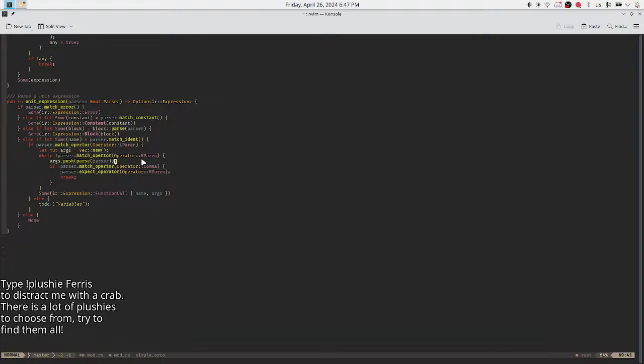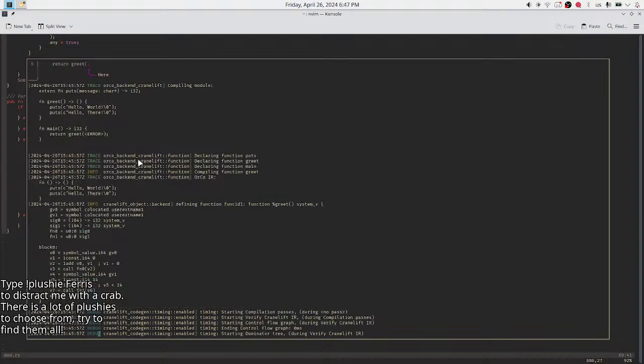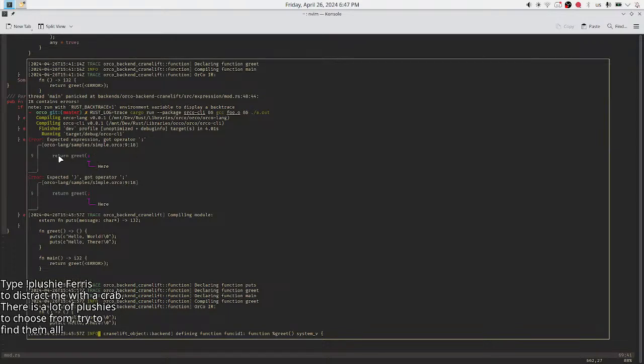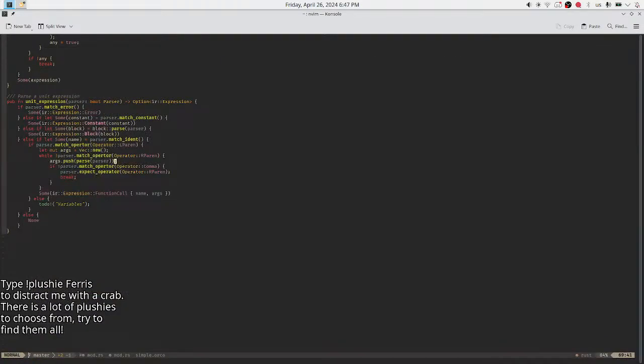I mean, I'm expecting an expression, and if there is no comma after the expression, do I just leave? I expected expression here, or closing parenthesis, because I can't not have an expression.